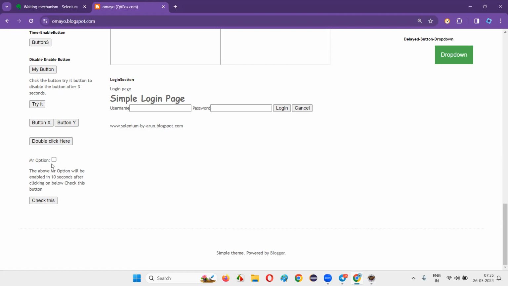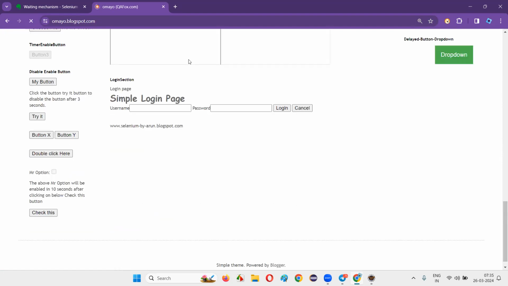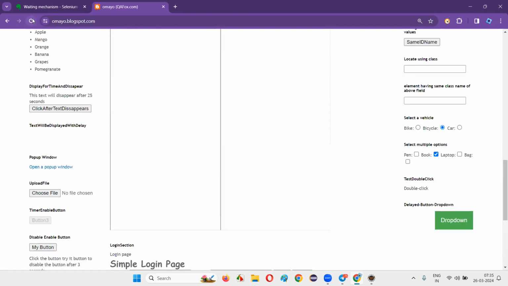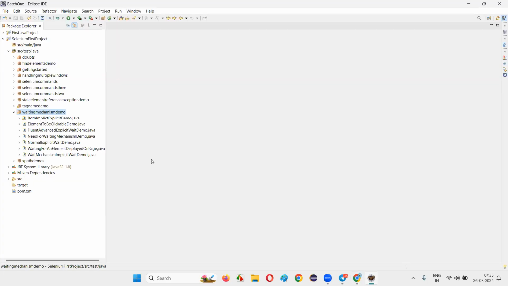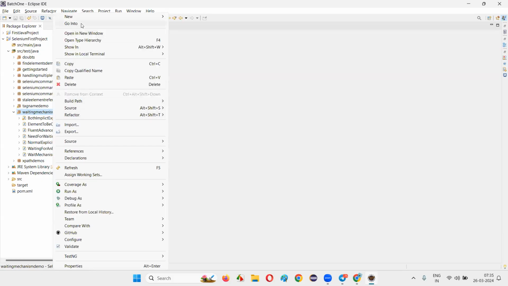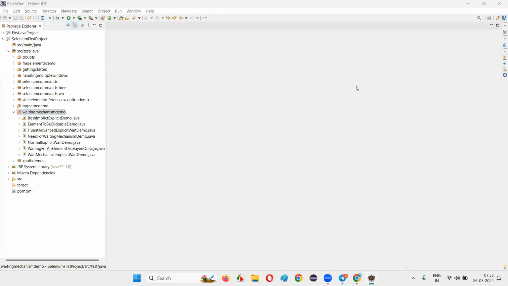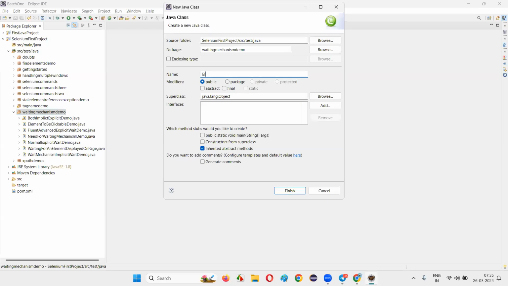For this option, I can wait for this particular checkbox to become clickable and then select the option. That's what I'm going to show you guys. Again, I have refreshed the page so that you see now you cannot click it, because after clicking on this button, after 10 seconds, this checkbox will become clickable. So I have to write the script to wait for that particular checkbox to become clickable, and then click on the checkbox field. So the next example I'm going to take is element to be clickable